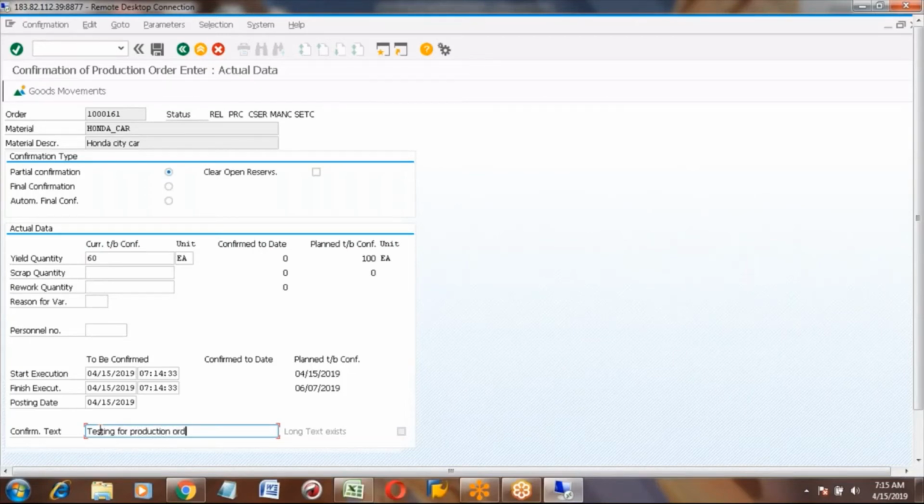Out of 100 you put the 60, and with the radio button you can select whether it is partial confirmation or final confirmation. We are doing only partial. You can select partial. Once you enter these details, you can click on the save button.